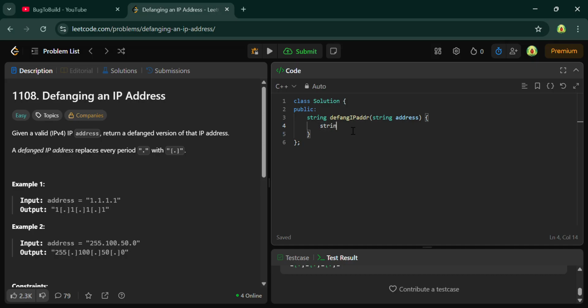First you have to create a string answer which is empty, and then you just have to traverse for int i equals 0, i less than address dot size, and then i plus plus. Okay, you just have to do this and check if address of i is equal to dot, then you just have to add to answer plus address